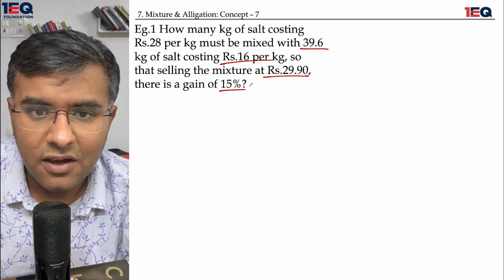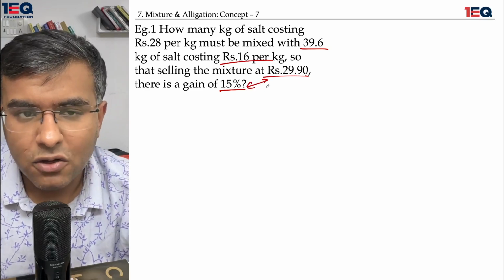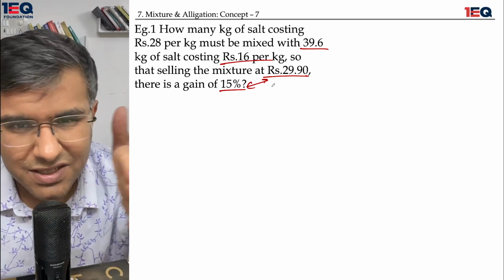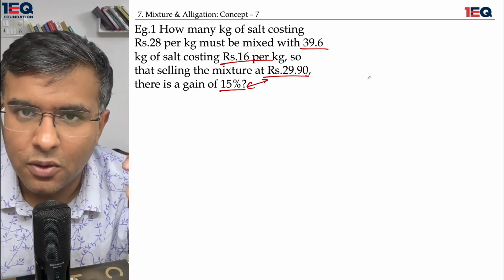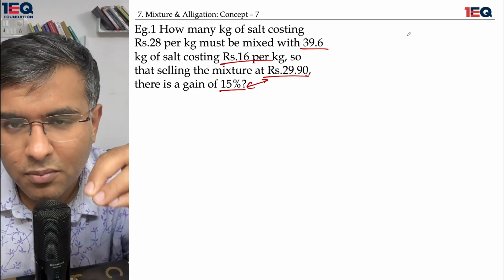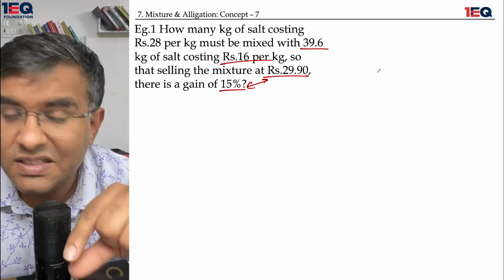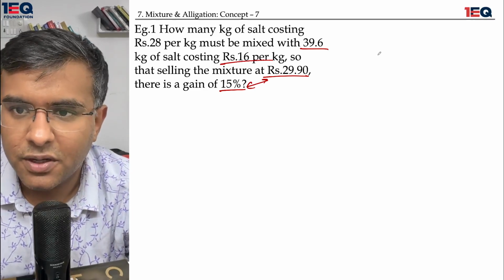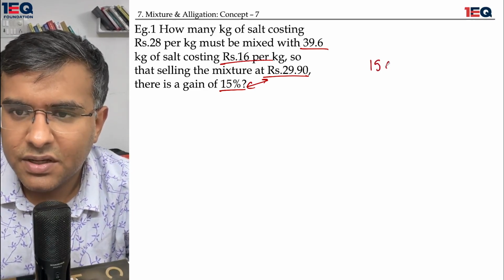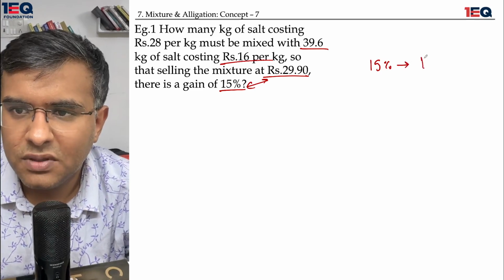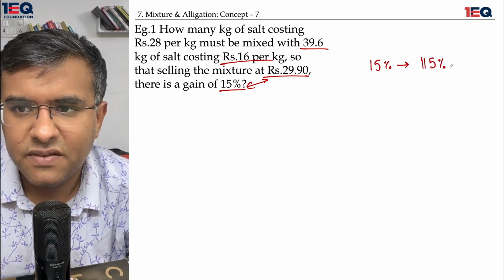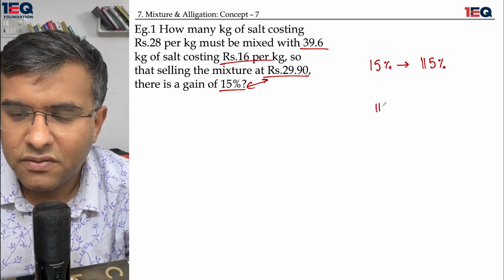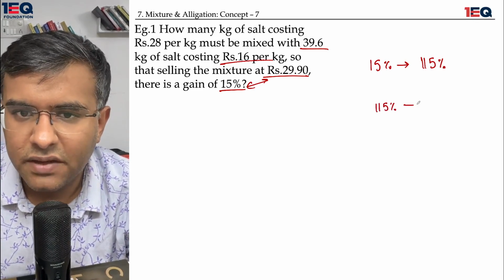Now, I'll first move to the end of the question and try to find out the real cost price of the mixture, just before mixing. Okay, just before mixing, at what price did they fix that, this is the base price, and then I will put my gain percentage of 15% on it. So if a gain of 15% is there, the new selling price is 115%. So the value of 115% is given to be